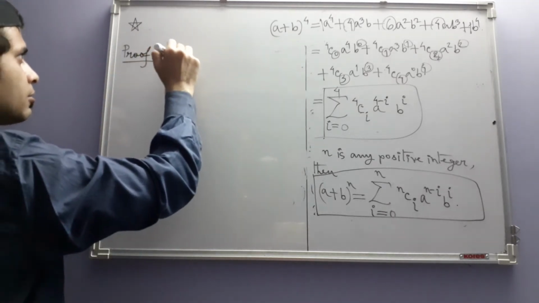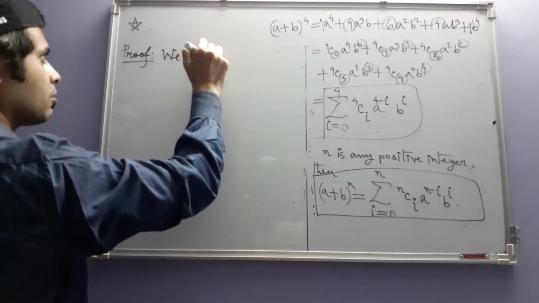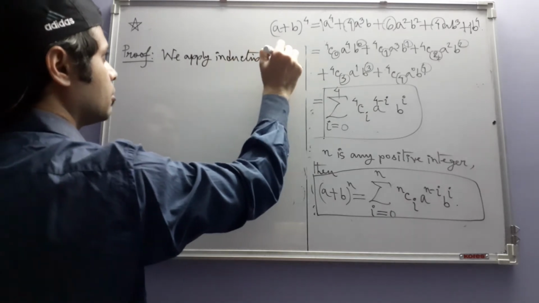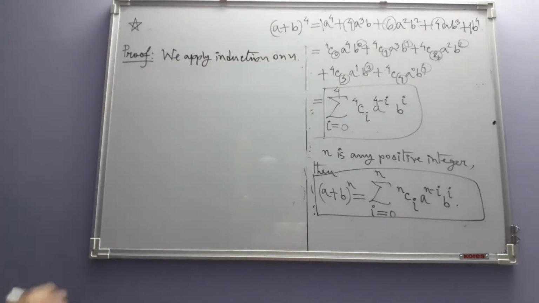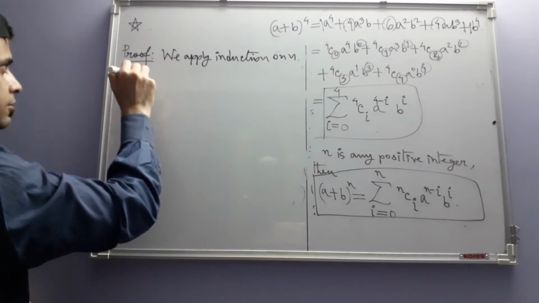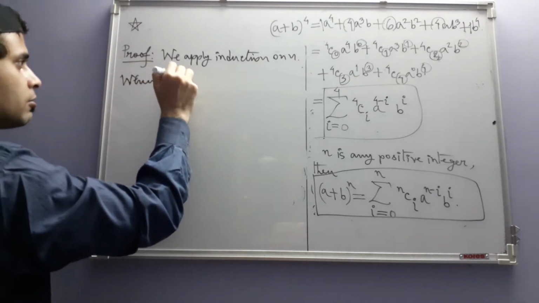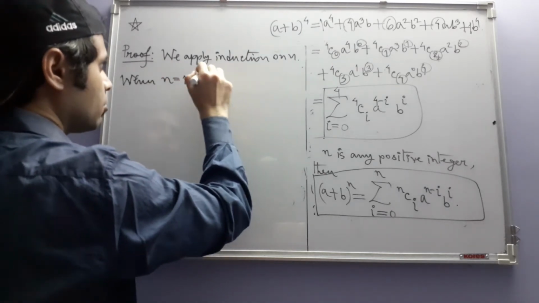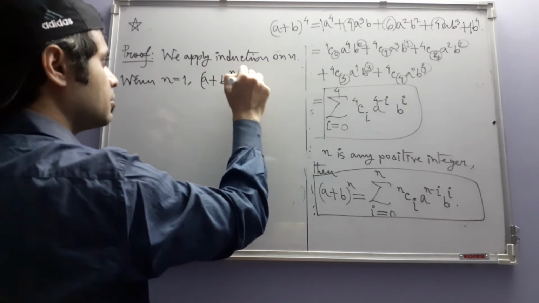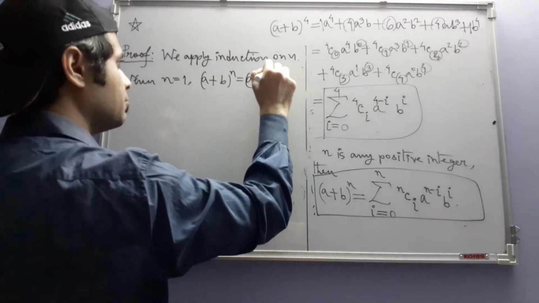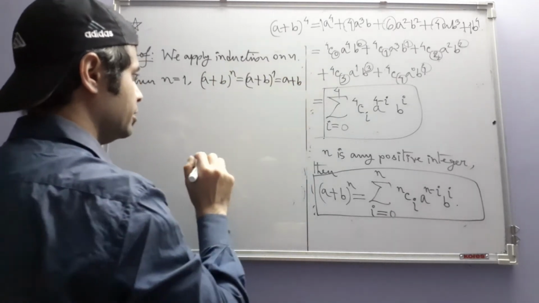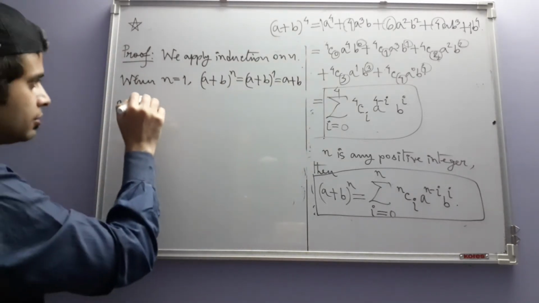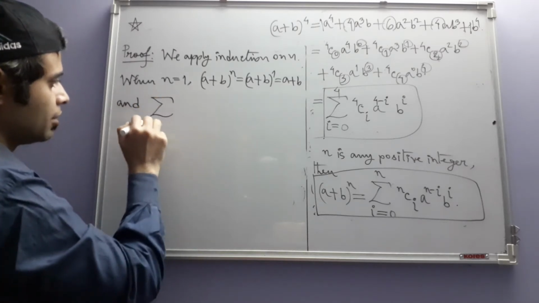We apply induction on n. Okay, so when n is equal to 1, a plus b whole to the power n is a plus b to the power 1, which is nothing but a plus b. And what about the right hand side? When we have n equal to 1,